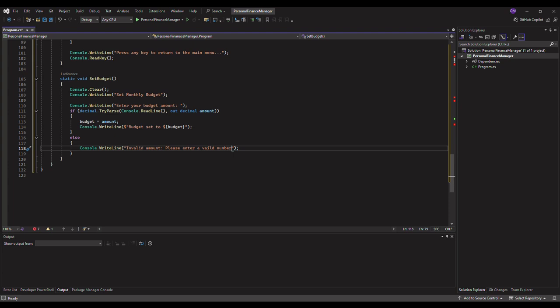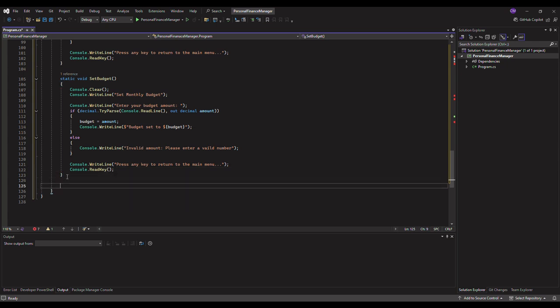So like we always did, we need now to console write line, tell the user "press any key to return to the main menu." So we copy that and stick it in here. And we need to read key. So we do console read key, and we go out of that, and we now need to build the track